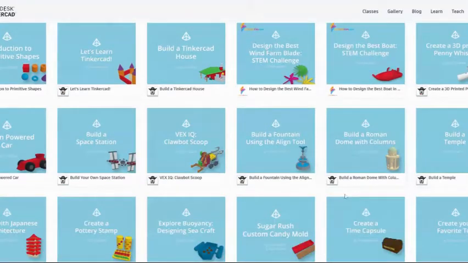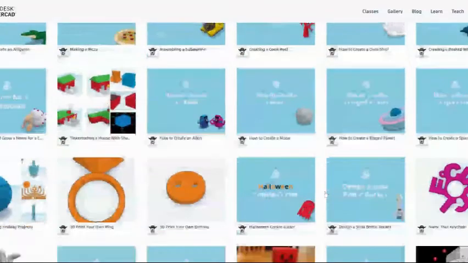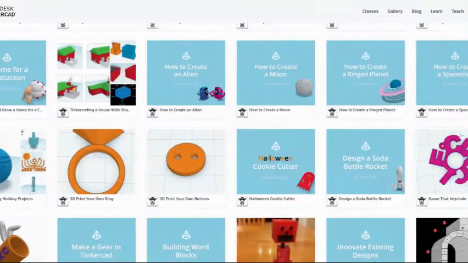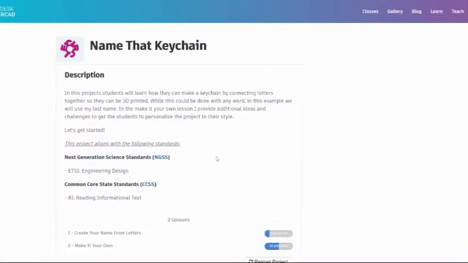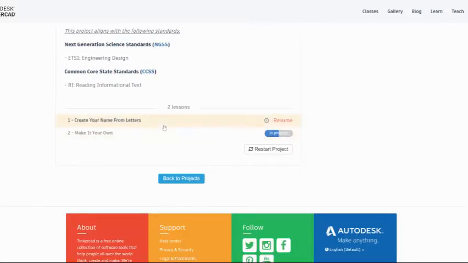As soon as we do that, we're going to have to do some scrolling and dig until we find Name That Keychain. This one called Name That Keychain. And it may be located somewhere else on the screen for you, but you're just looking for this pink one that says circle on it. We're going to have some freedom to change it as we want. When you click on it, it gives you a description of what it is, some teacher stuff here about what learning things that you're doing, and then you're going to go to create your name from letters is the first